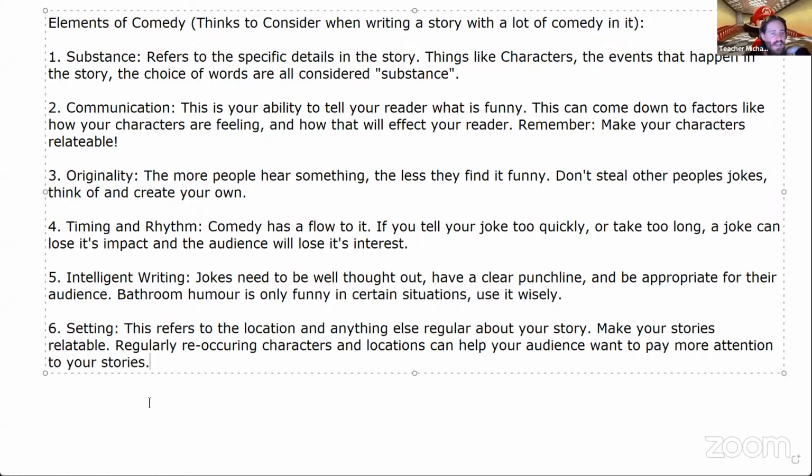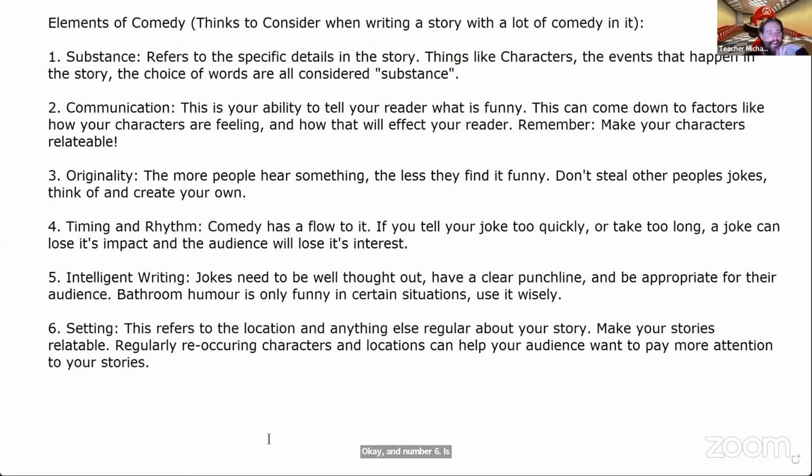Okay, and number six is the setting. So this refers to the location and anything else regular about your story. That may be locations that the characters in your story always go to. That might be the characters that are in most of or every scene of your story. Just what is going to be regular and familiar for your audience,